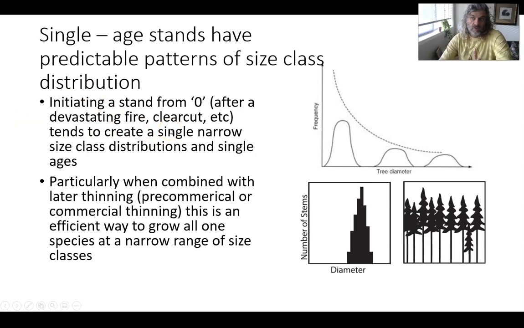Oftentimes stands that are initiating from zero and have been managed to be this way, they will have a very narrow range of size class distribution. That's what you're seeing here. So this is just an estimate of the distribution of sizes. They're all clustered together in a single sort of stack here. What you would expect to find when you went out in the forest with this kind of distribution is this sort of structure. Everything's about the same size and height. What this does is it creates these kind of humps distributions,